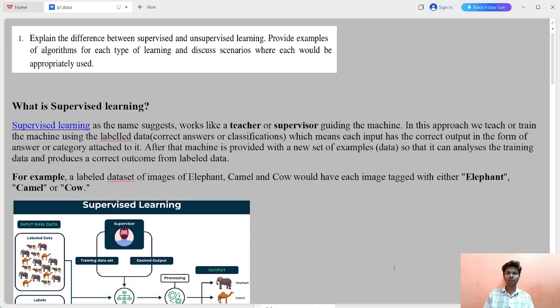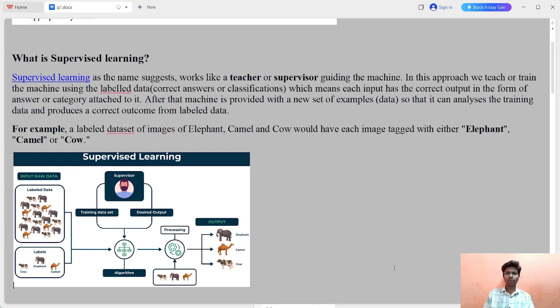In this video, we will discuss the data science assignment third questions. Starting from the first question: explain the difference between supervised and unsupervised learning. Provide an example of an algorithm for each type of learning and discuss scenarios where each would be appropriately used. So starting with the